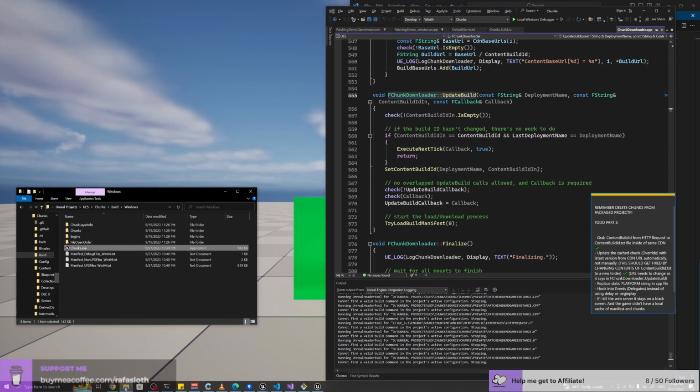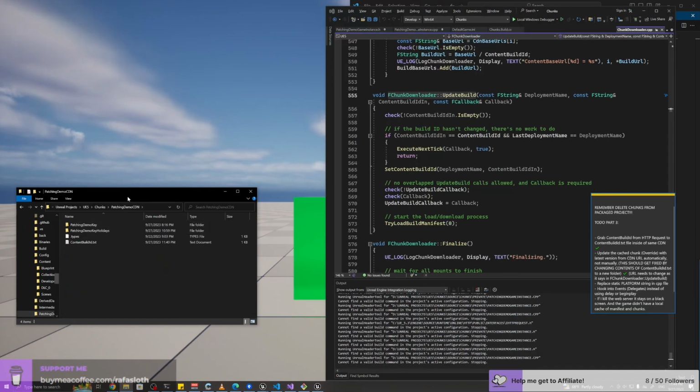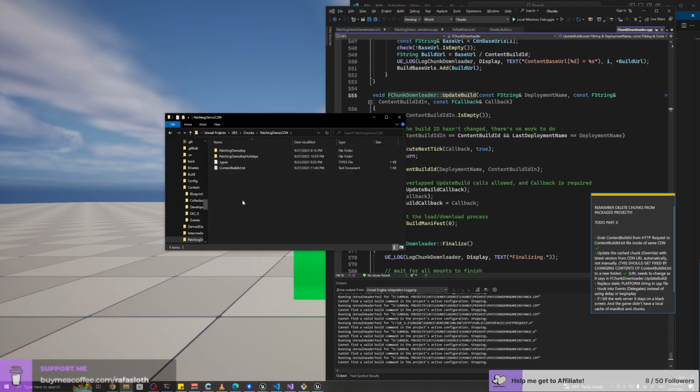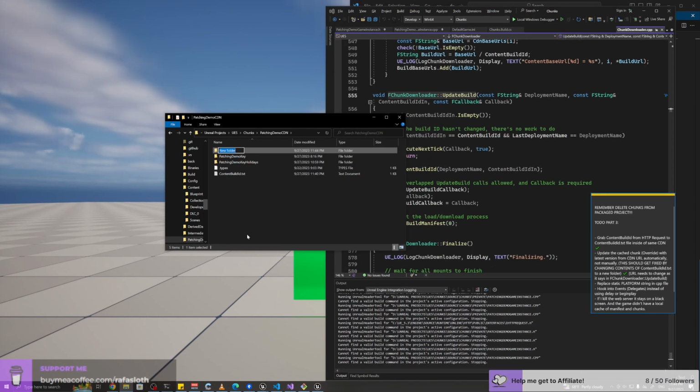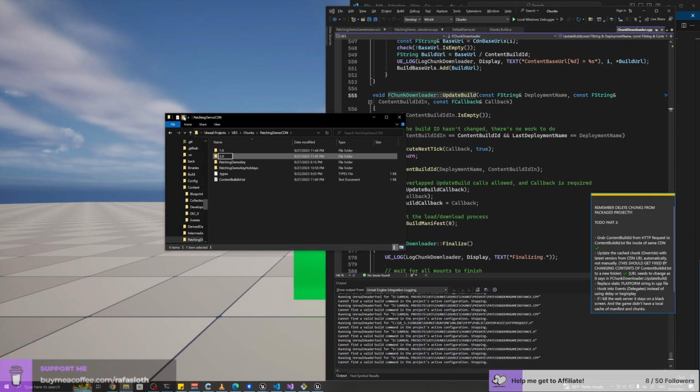For example, to avoid rebuilding your game, you could have a structure similar to this one, meaning, if this is your CDN, your web storage of all the different versions of your DLC, you could call this release numbers. So 1.0 of the DLC, and then 2.0, 3.0, and so on.